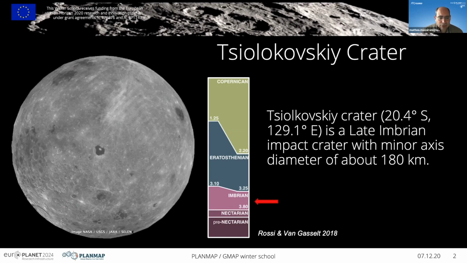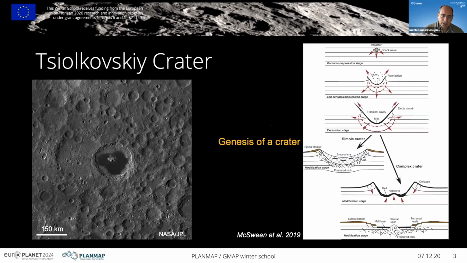but I don't know exactly. You will discover the real age in the advanced course, because you will learn the method for discovering the age of this basin. More or less it should be around 3.5, but you can discover something different during the advanced course. I said that the crater is a complex crater, Pickering,